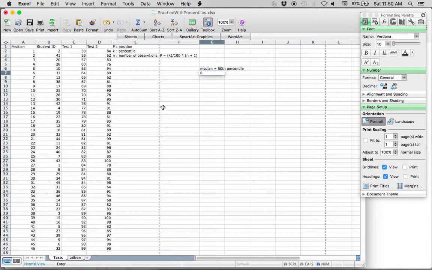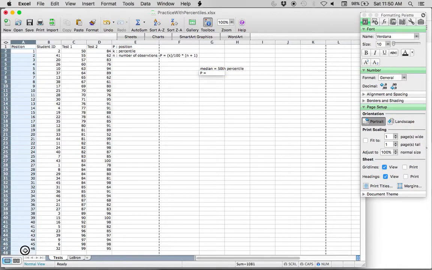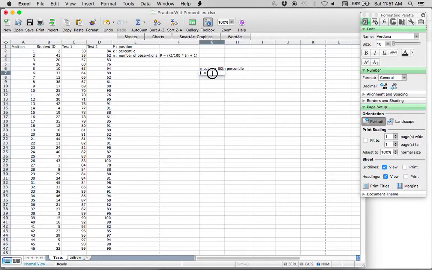The position of the 50th percentile, right? You can probably guess it's going to be about halfway between 1 and 46. It's going to be 50 divided by 100 times, because 50 was k, n is 46 here, the number of observations, plus 1. So I put that in